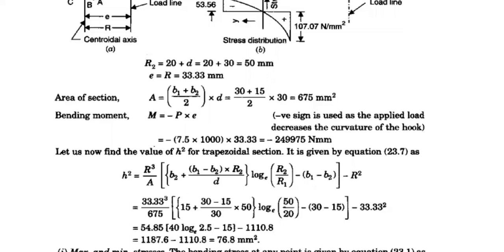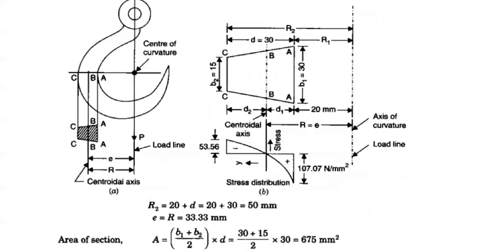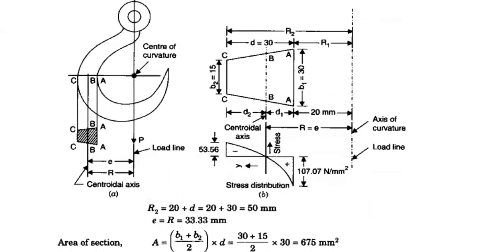How to calculate the R1 and R2 values is already explained in your previous trapezium section. If you have any doubt, please refer to it, and you can easily recollect the values of R1 and R2 if you observe thoroughly. I hope you get the values of R1 and R2. The R value is already known. How do you get the R value here?